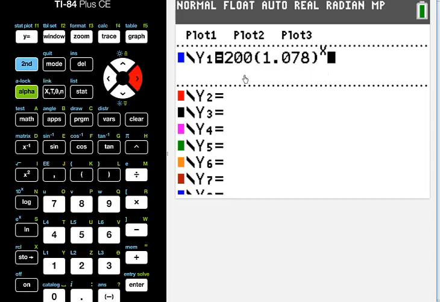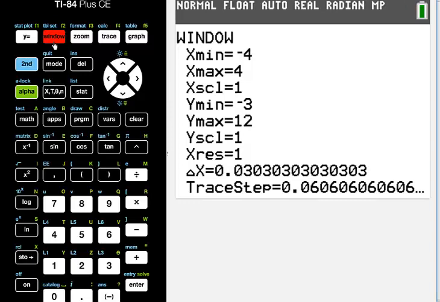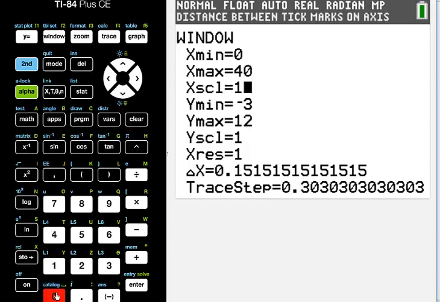I'm going to have to think a little bit about the window. I think if I used that zoom standard, it wouldn't work very well. Let's see. The x numbers in this problem are the years. I don't think I have negative time, so I think I'll just start at 0. As far as the maximum time, I'm not quite sure how far into the future I need to go. We went to 2017 earlier. What if I go to, I want to be safe, let me go out, say, 40 years in the future. Okay, I may have to change that if it's not enough, and I'll count by tens.